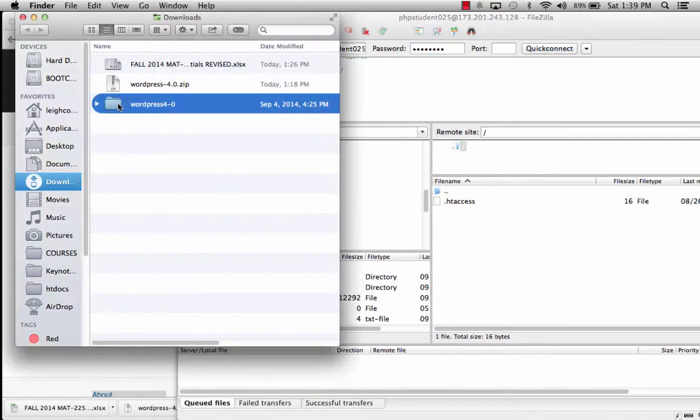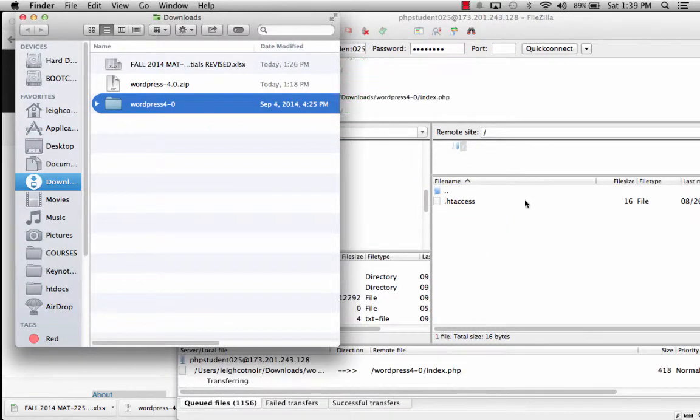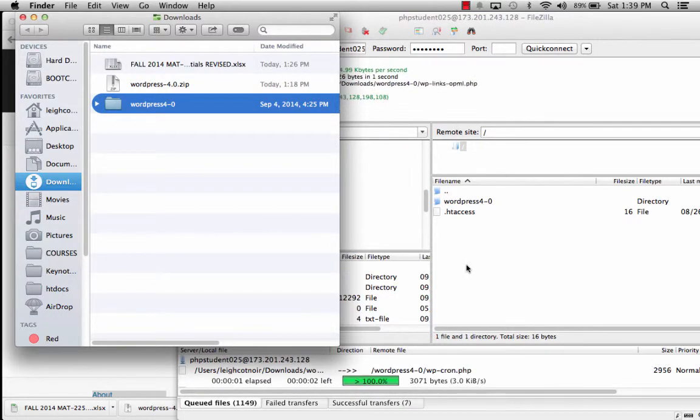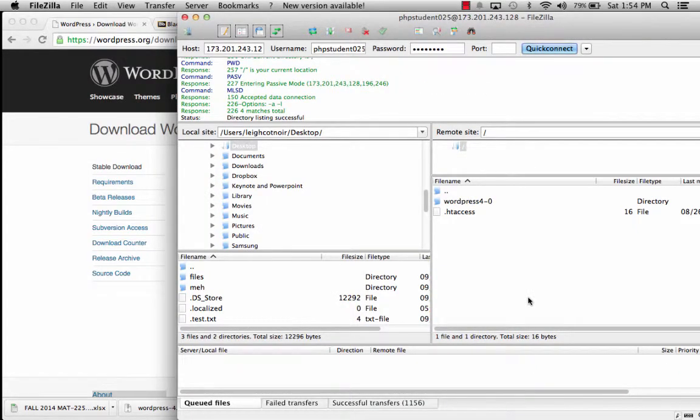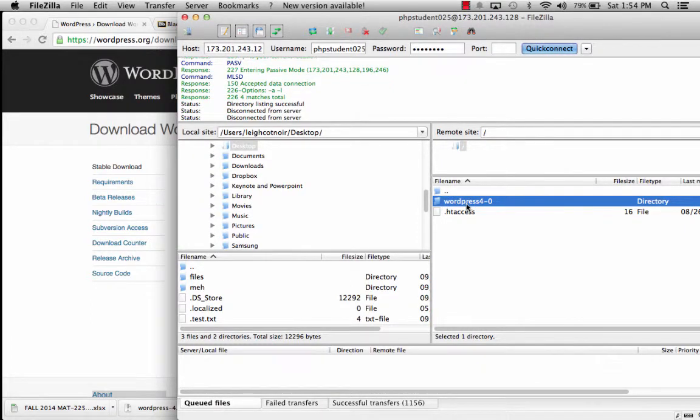What I want to do is take this entire WordPress folder and upload it. You'll probably have some other files and folders in your root level student directory, but anyway, this is going to take a few minutes, so I'm going to pause and we'll come right back when it's done. Okay, so now it's finally finished uploading, and we have our WordPress folder up on the server,